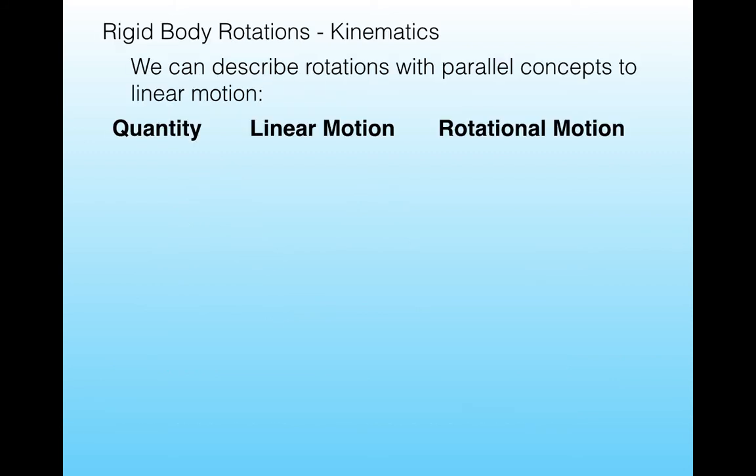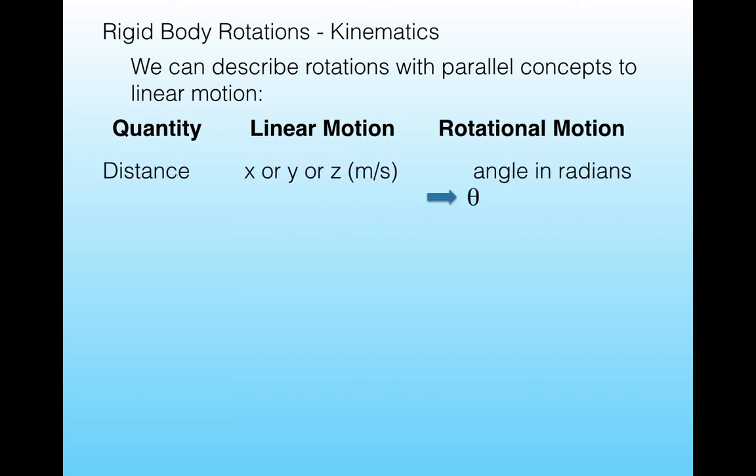We can talk a little bit more about rigid body rotations, the kinematics of them. We can describe these rotations with parallel concepts to what we saw in linear motion. So for instance, in linear motion we had distance in x, y, or z. For rotation, we can talk about the angle of rotation, and we typically use the unit of radian instead of degrees for these measurements and for this discussion. That makes it easy because 180 degrees is equal to a rotation of pi, 360 is equal to a rotation of 2 pi, and we get